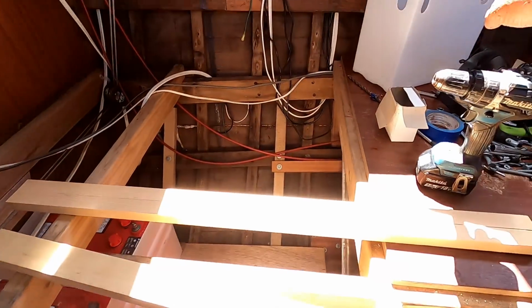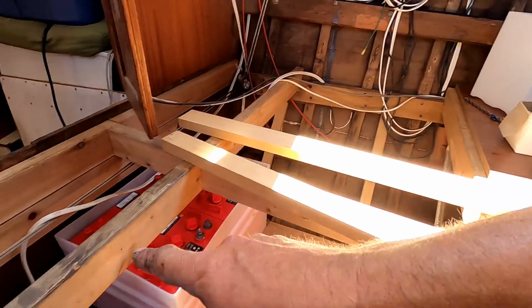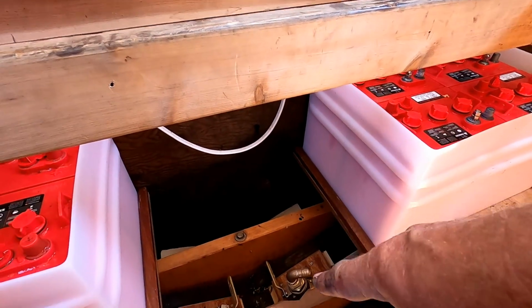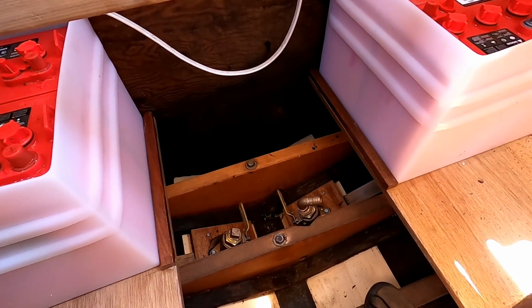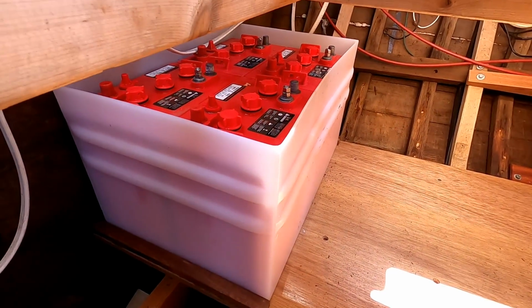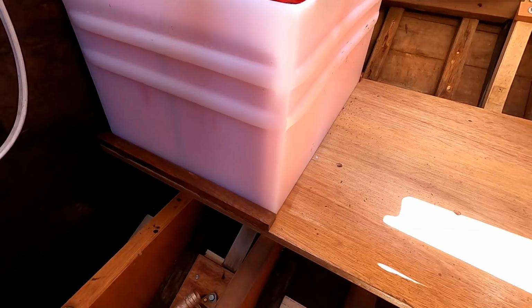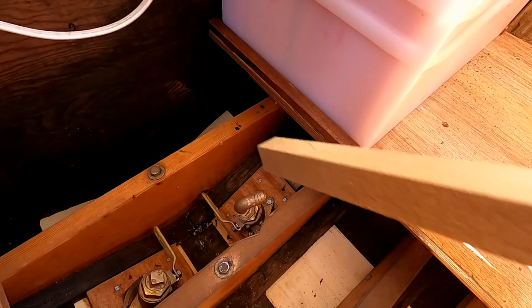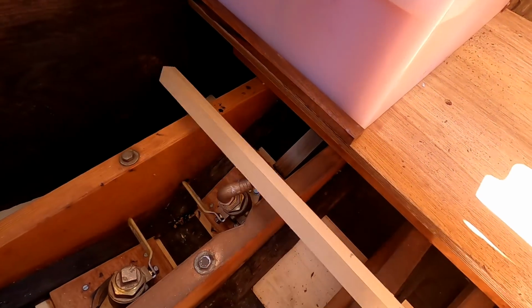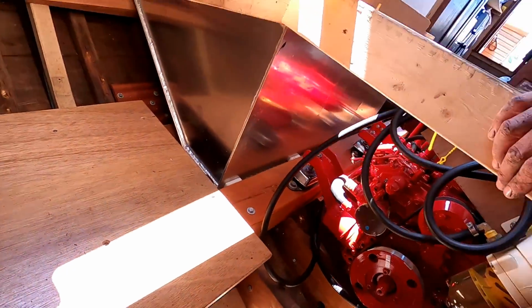The start battery is going to go right at the front there, leaving room for access to these through hulls that are right here. So all of that is going to be supported up a little bit off the floors for a couple of reasons. One is that I need a little bit of clearance for this through hull, the seacock. And two, I think I've mentioned that I'm going to have a full engine box here,